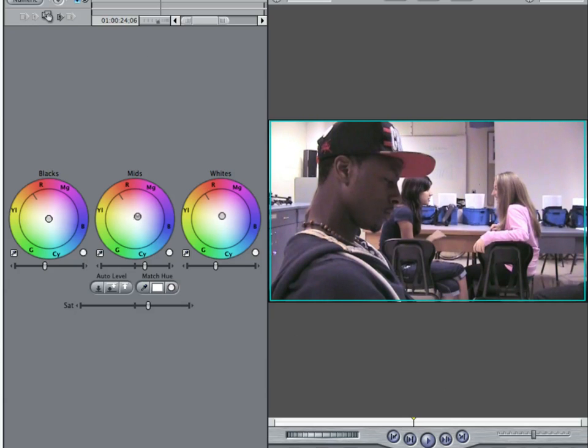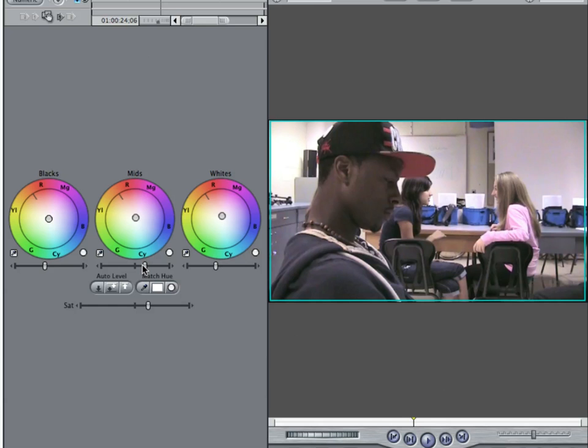And see, if I do that, I'm noticing that things like his sweatshirt are starting to turn rather pinkish. So I want to be very careful about how much I do this because it's not working out too well. That looks pretty darn good. I don't think we're going to get too much better. Now, let's say we've got this perfect and we like it exactly the way it is. I might fool with it a little bit more, but let's just say for the sake of time, we've got